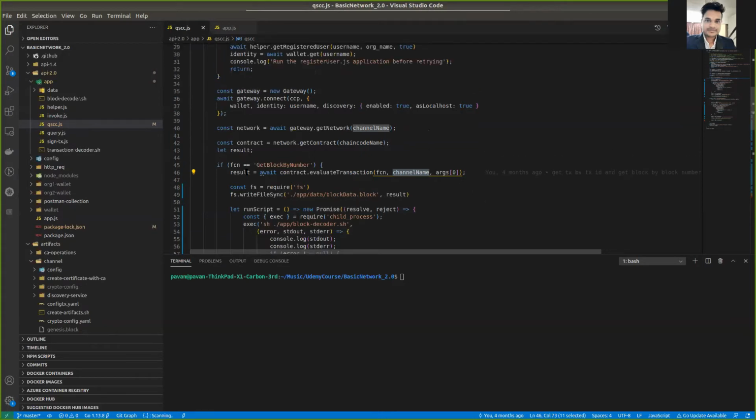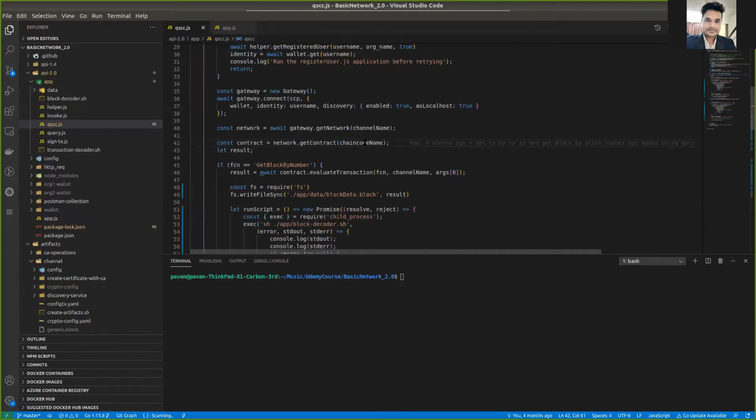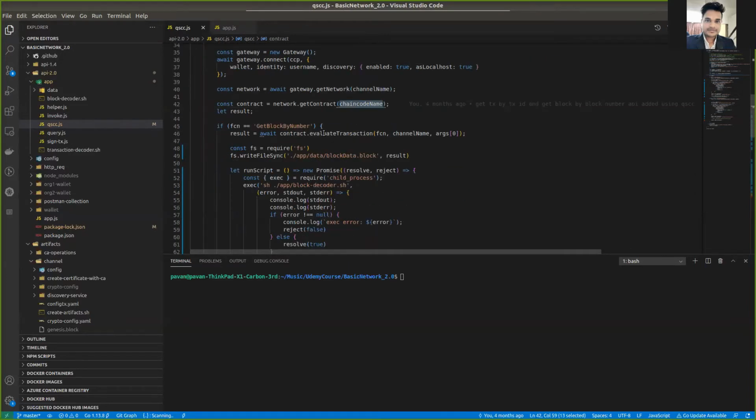Once we get this data, one more thing I want to explicitly mention here: this is the chaincode name. This chaincode name should be QSCC, which we are getting from the client. We could have hard coded it here as well, but I was just playing around with this API to make it more robust. And we are passing this data from the client, that is the Postman client. Once we get this, we are just passing it to evaluateTransaction here, and we will get protocol format data. This data would be in protocol format, and we cannot read that data directly. I can show you that part as well.